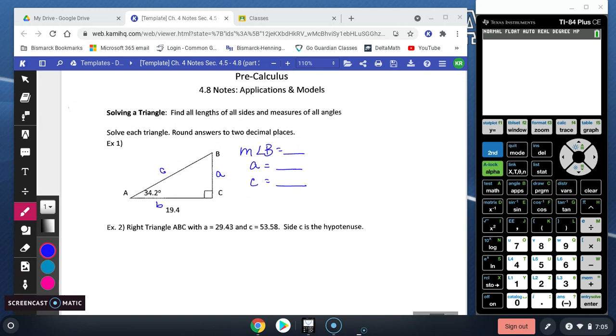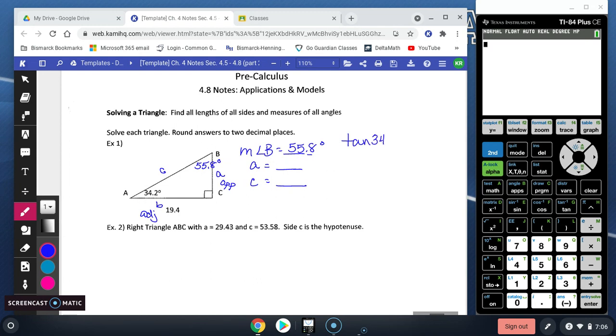Okay, in a triangle, the sum of the angles is 180. So if I subtract the 34.2 and the 90 from 180, I get 55.8 degrees. To find the missing sides, we're going to use SOHCAHTOA. I'm going to go back to angle A, and I know side b, and that's the adjacent side. If I want to find side a, that's the opposite side. So I'm going to go with tangent